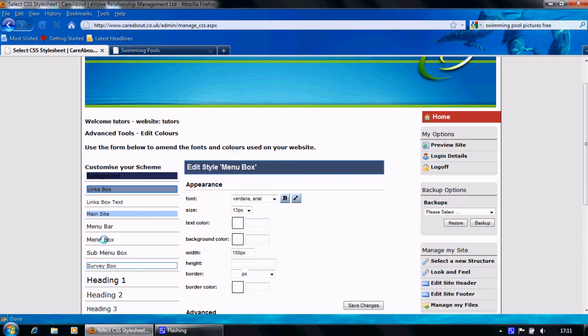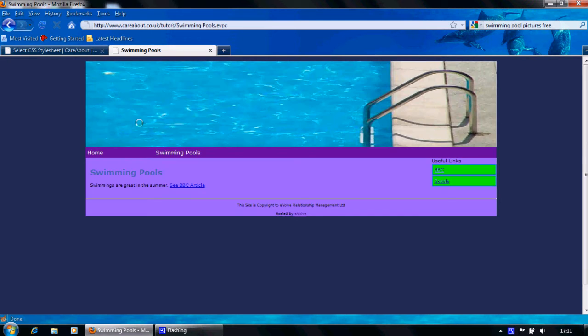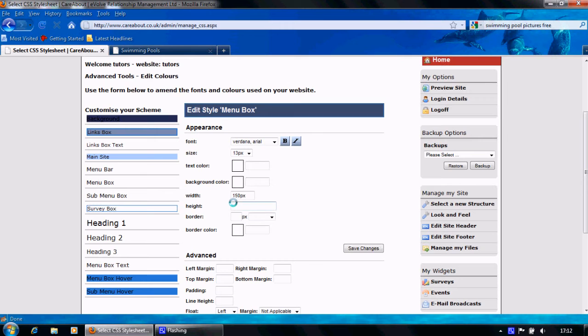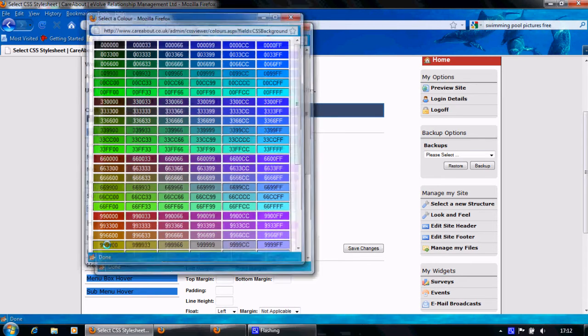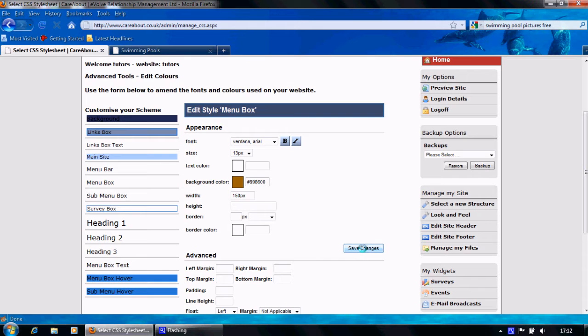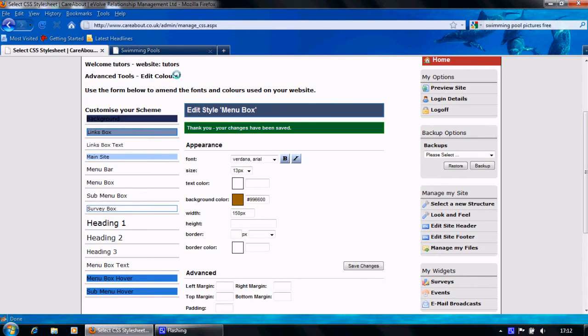Menu boxes. Menu boxes are those boxes which are currently blue. The menu box has got a width of 150 pixels. Let's just try changing it to some other colour. So let's change that to a rather odd looking khaki colour. So change the colours,